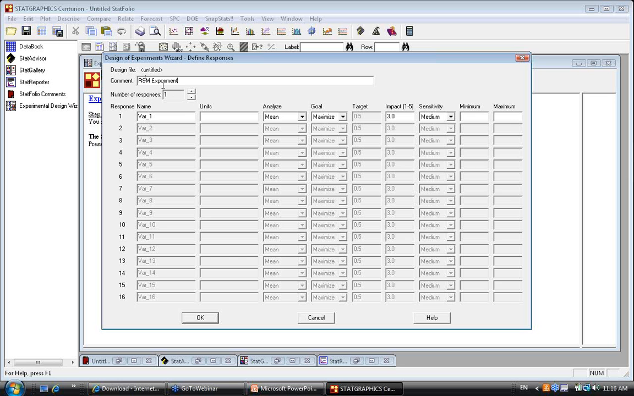It also wants you to specify how many response variables you will be measuring every time you do an experiment. Now you can specify from 1 to 16. In our case, there are actually 2 responses. There's the conversion percentage, the percent of the raw material that was converted during the chemical process, and secondly, the thermal activity. Now, I need to put in a name for each of these, so I'm going to put in